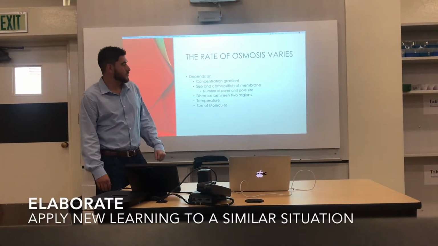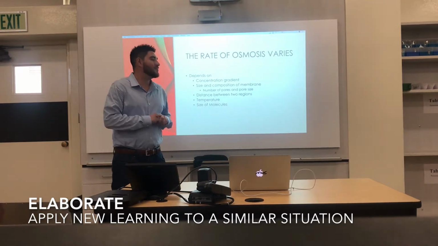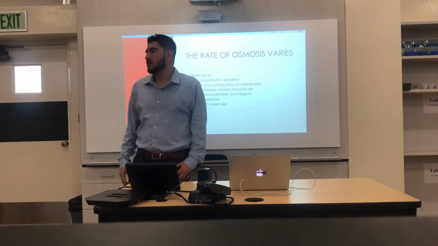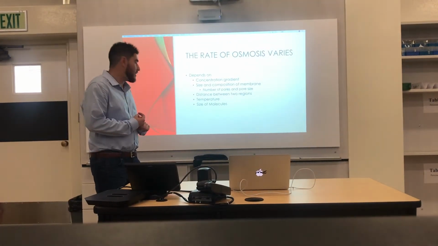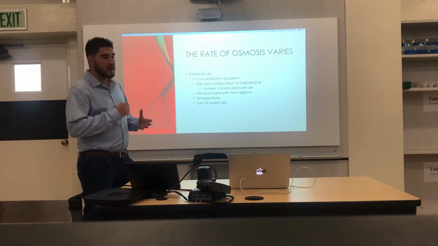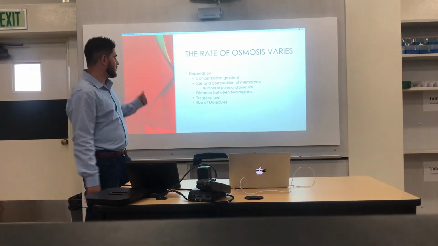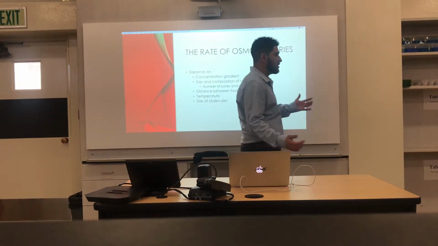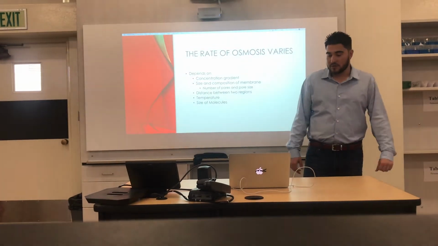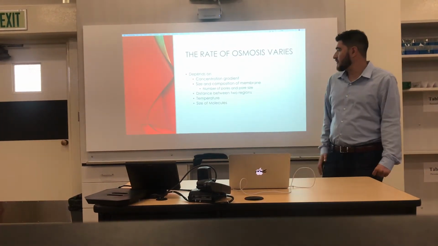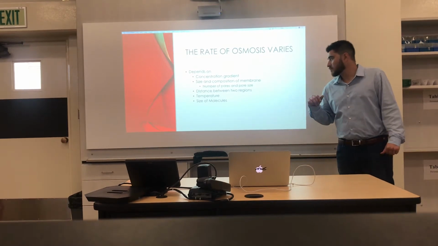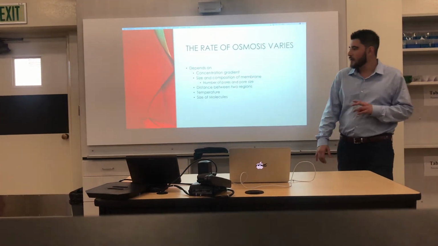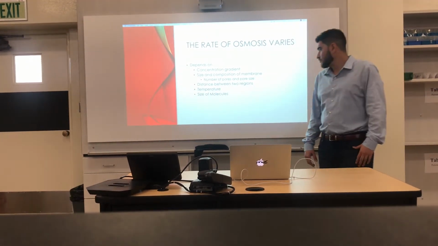But in addition, we're also looking at the size and the composition of the semi-permeable membrane that is in question or in the system. Like we're talking either the egg membrane or the dialysis tubing. Depending on the membrane in question, there's going to be a different number of pores, and the pore sizes are going to be different. And so that's unique to whatever substance you're talking about. And so these are the things that affect the rate of osmosis. You have bigger membrane size and bigger pore size, osmosis will happen a little bit faster. If you have smaller pore size, it'll slow it down.